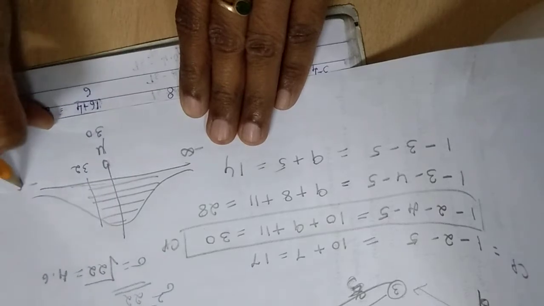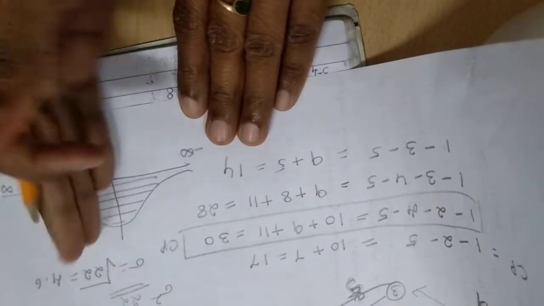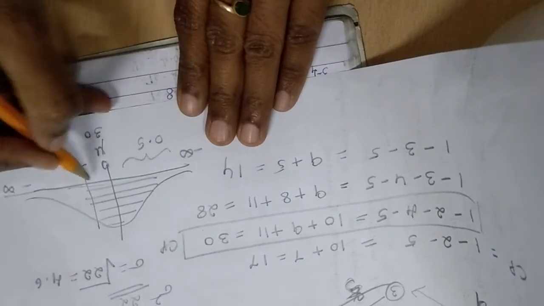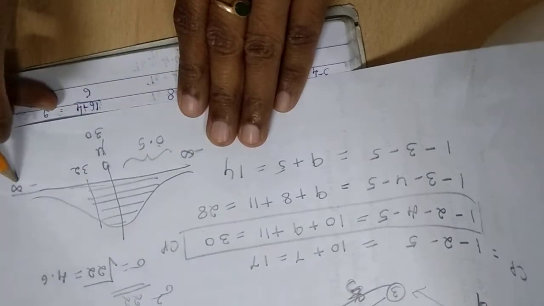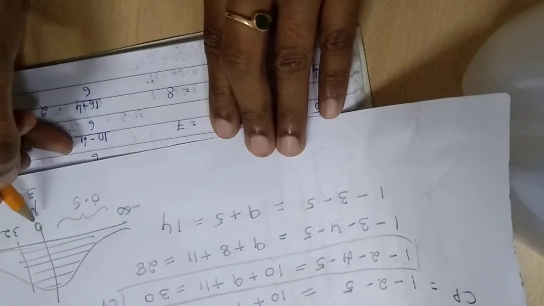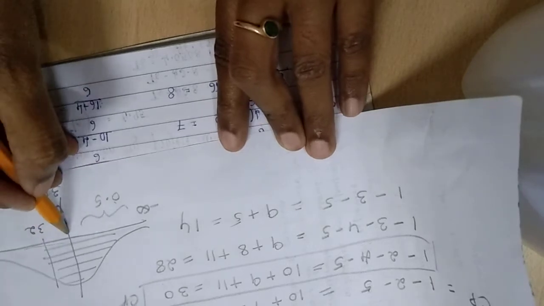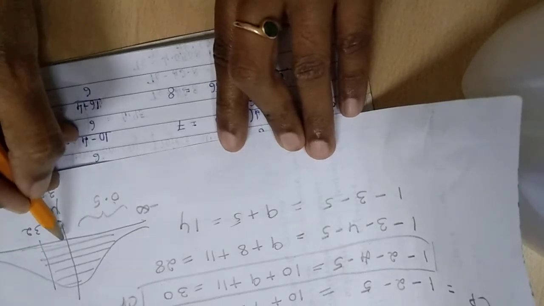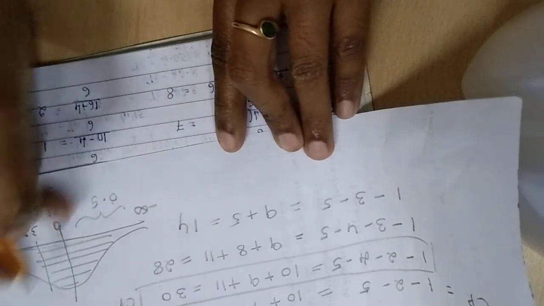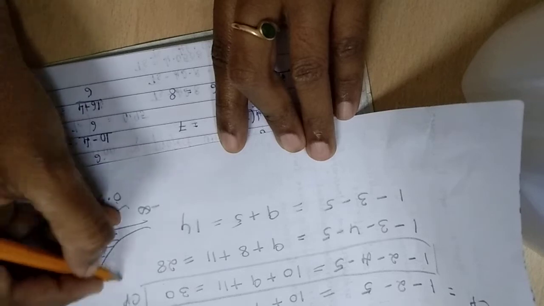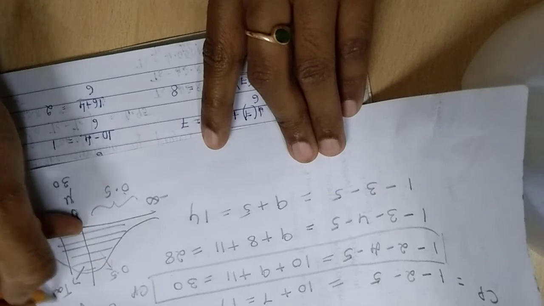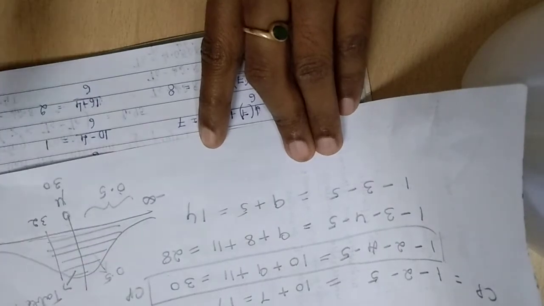So the area here is split up into two equal halves. This is a symmetry. So here you are representing 0.5. Here again it is 0.5 and 0.5. So as I have told you, the whole of this is 0.5. And here I will get the data from the standard normal distribution table from 30 to 32. So this area we already know is representing 0.5. This I have to take the table value, add up and then arrive at the probability.